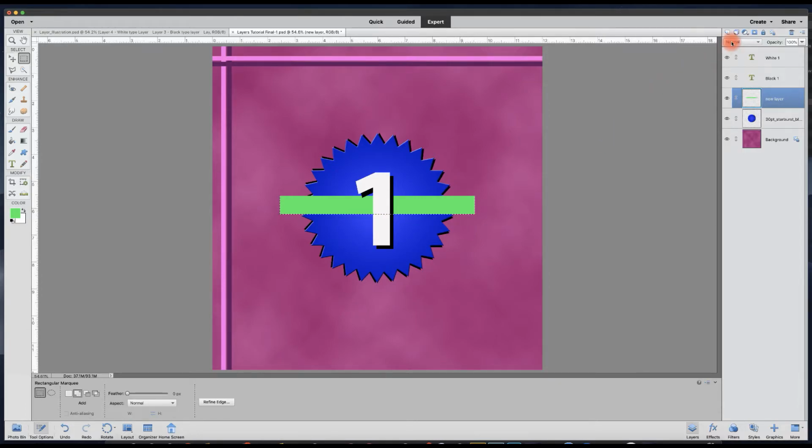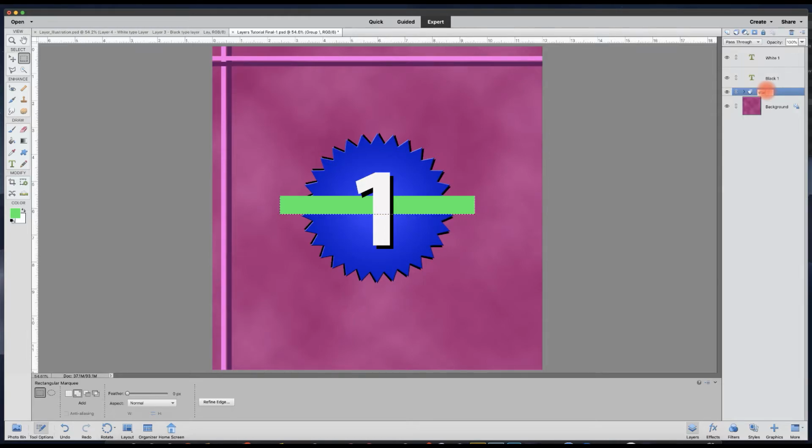Okay, let's go over some of these other icons up here. This is the create a new group icon. Sometimes if you have many layers, it can get pretty confusing. So what we could do is create a layer group. For example, if we wanted this starburst and the green to be in one group, just hold down your shift, click on both of these layers, click on that create a group. There's group 1, and we can name that if you want. Same way we named the other one,